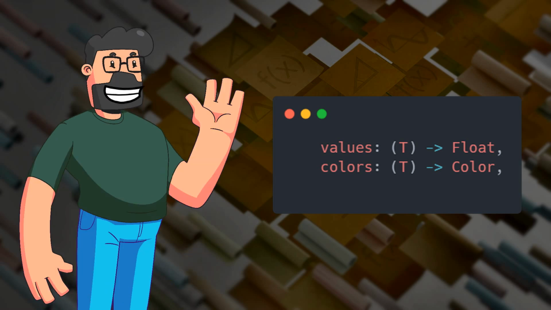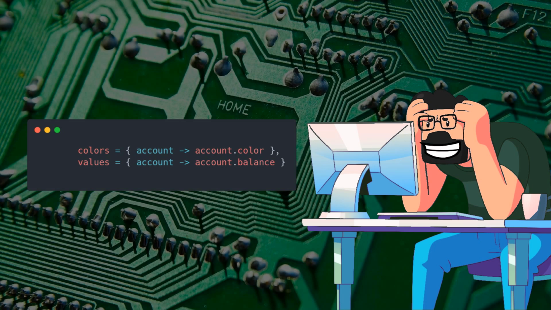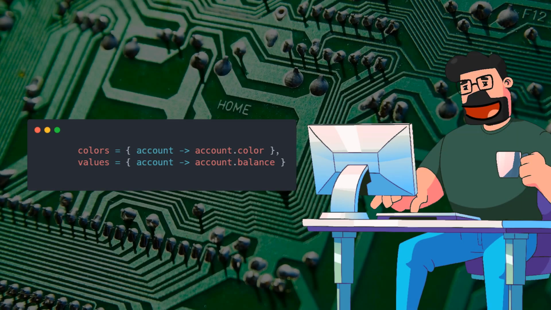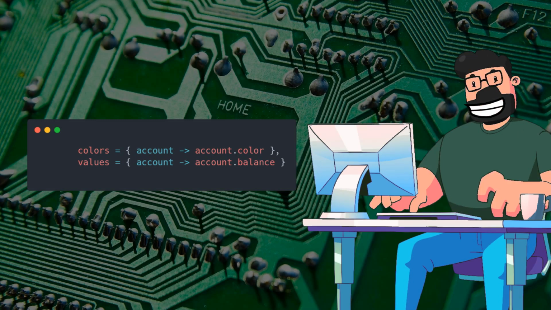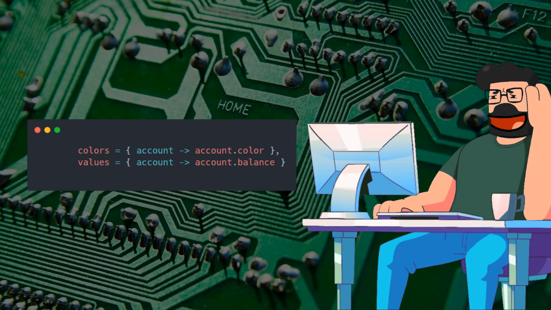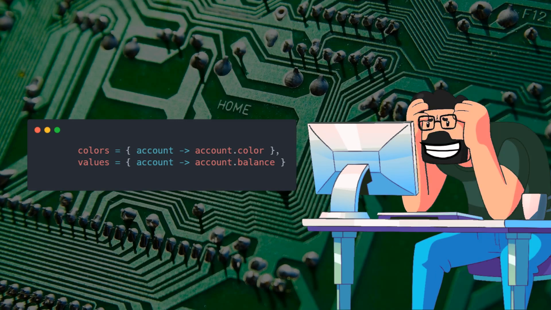of the account class. Building upon the previous explanation, the lambda expressions assigned to values and colors play a vital role in defining how the data is displayed in the overview screen card. By utilizing the parameter account in these expressions, we establish a direct link to the specific attributes of each account object. This approach enables dynamic rendering of account details based on the data provided, ensuring a flexible and robust display